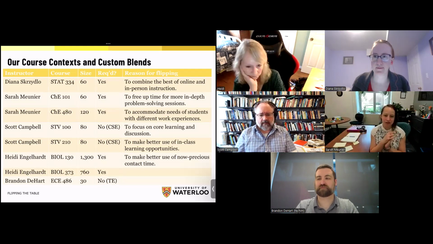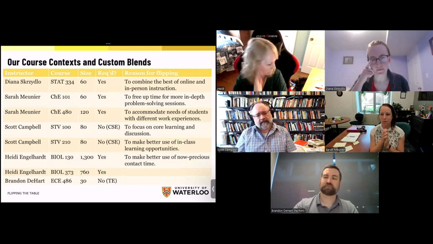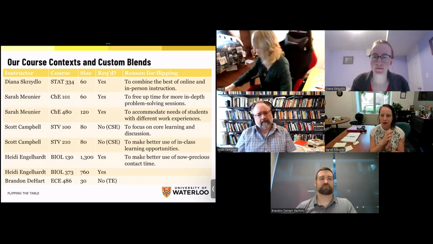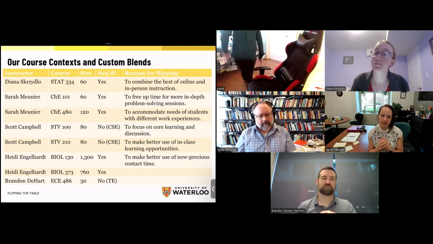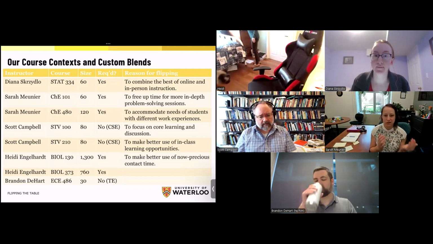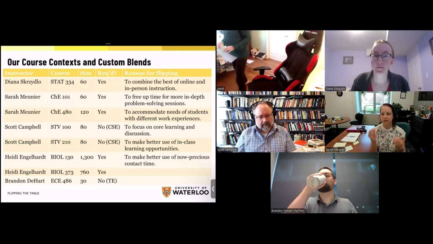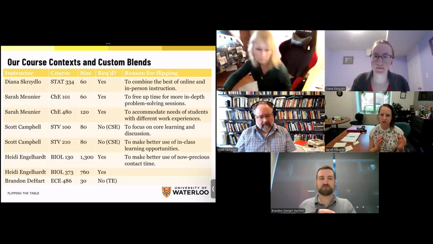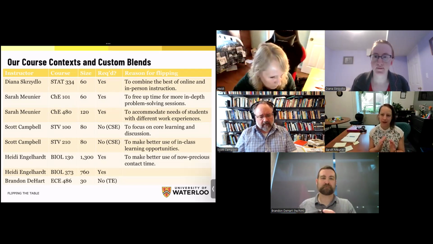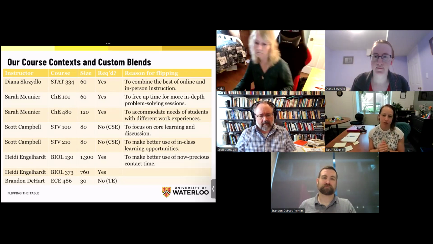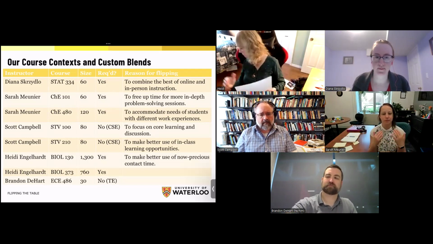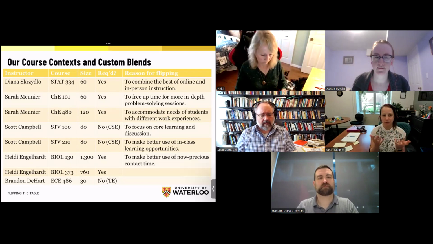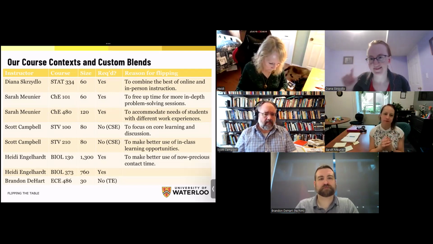And then there was another side motivation, is that by this time with our co-op system, students had different experiences. So some students knew a lot of the content in the course or different sections of the course more than others. So it gave them some more flexibility to manage their learning on their own and do problem solving activities and stuff in class.